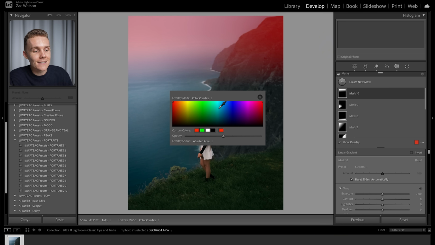And this is where you get to select what color your mask overlay is. So let's say I wanted or needed it to be green, for example. Well, now I might be able to see my mask overlay a little bit stronger, maybe blue. Oh, there you go. An example right there. I can't see exactly where my mask starts or stops because it's such a similar color to the color in my shot already. This one is super important to make sure that your masking workflow is as good as it